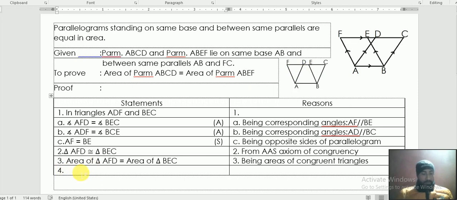So we write here: area of trapezium ABCF minus area of triangle AFD